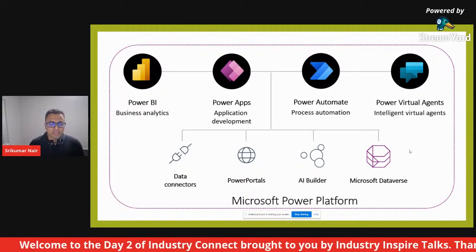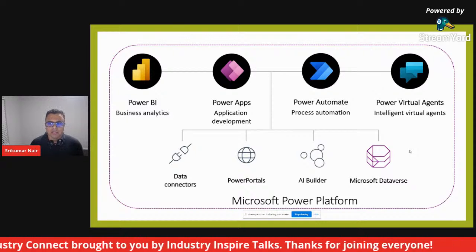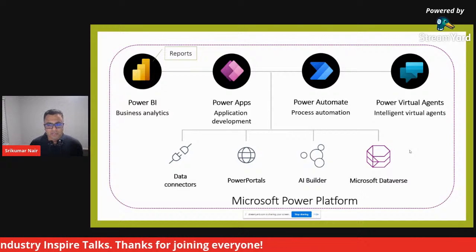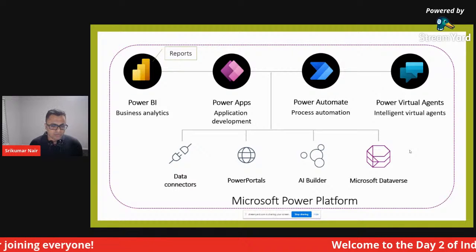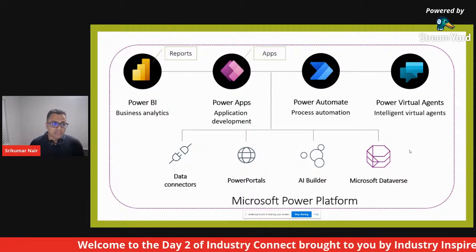There is a whole suite of applications here, as you can see. Power BI helps you create custom reports, the reporting that your boss or your teachers may want to see, or something based on the research that you've done. You can make fancy analytical reports that can be presented.